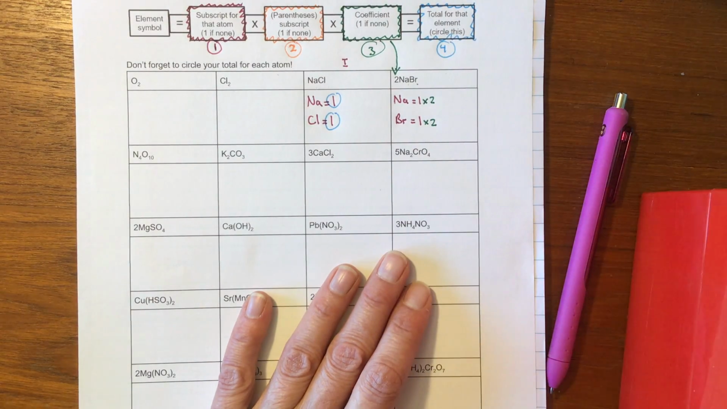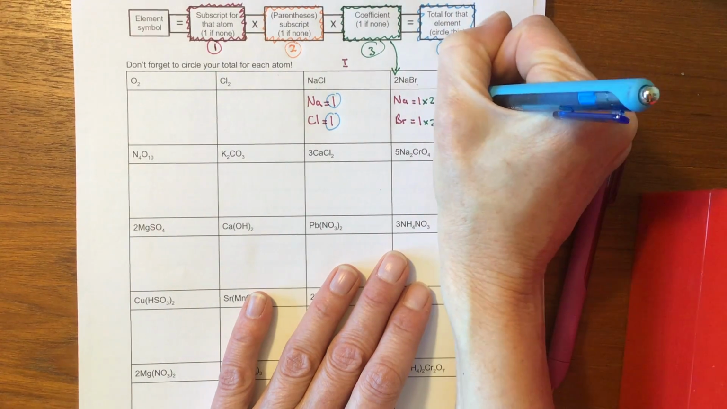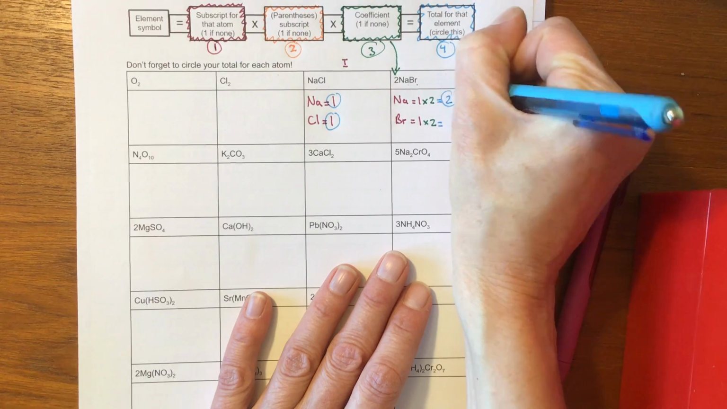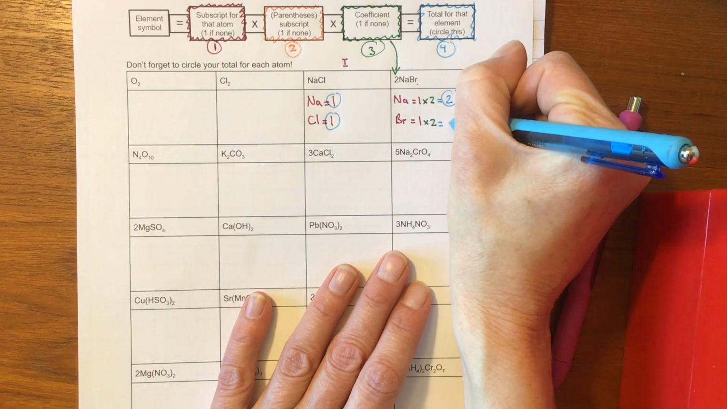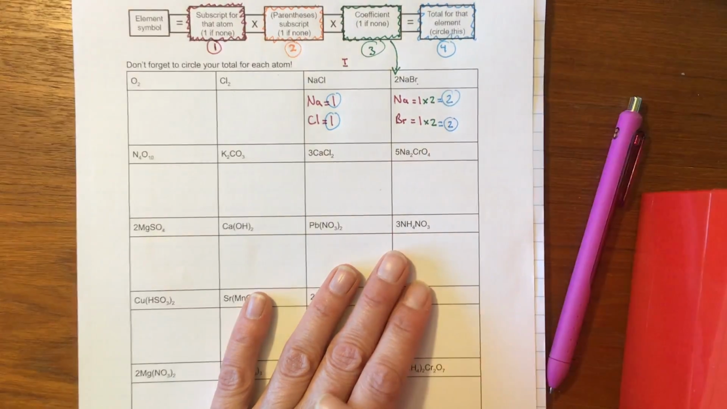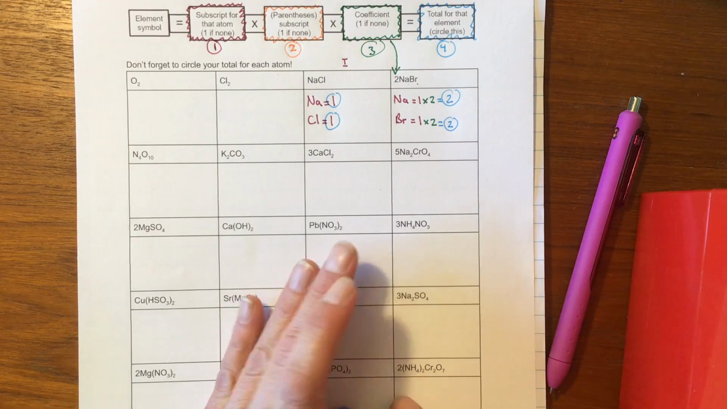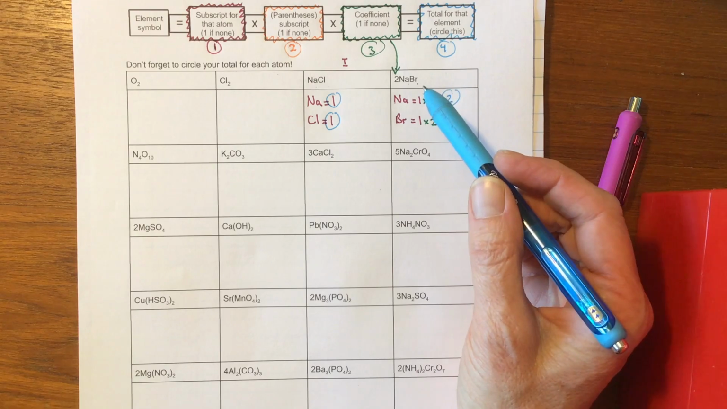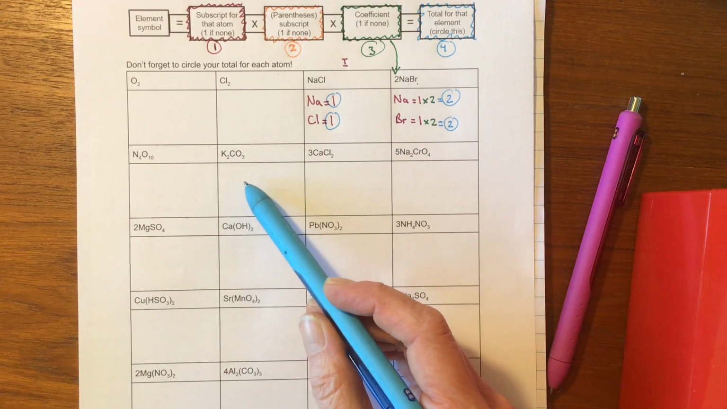And then, pretty simple multiplication there, right? That's going to be our totals: 2 atoms of sodium and 2 atoms of bromine. And that's it for that one. Okay, moving on down. We're going to change some more things. Let's go here to this one,